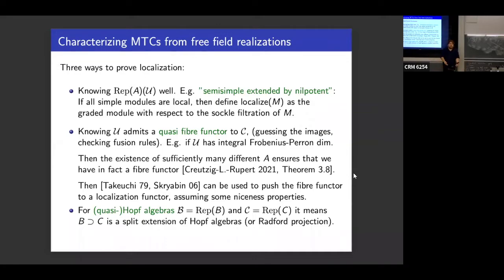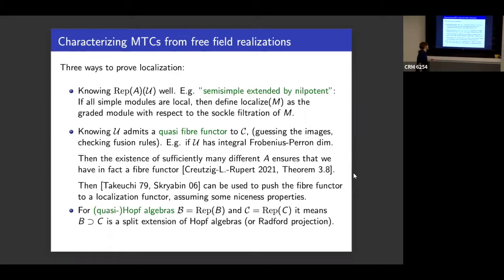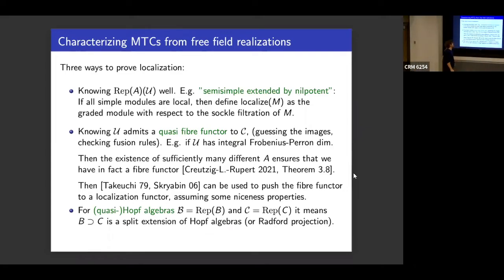Actually, you should just repeat the arguments. Some arguments are categorical, but some are very algebraic. And I think this would be a very interesting little project. Maybe not little, I don't know. These are great theorems, but we have them for Hopf algebras and for quasi-Hopf algebras, but there should be some categorical meaning of what they do.